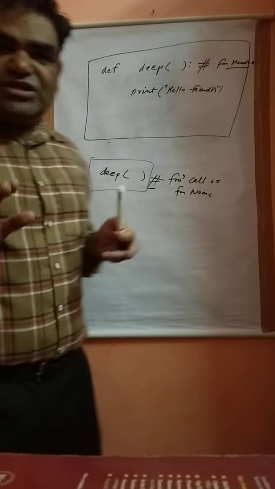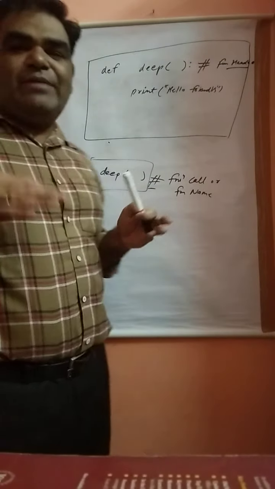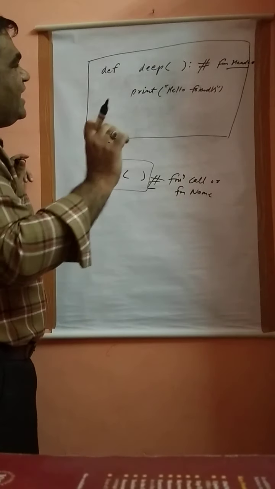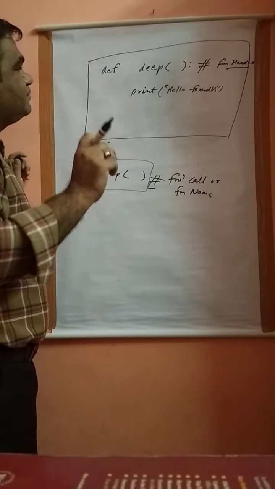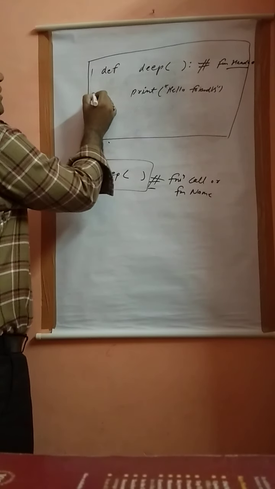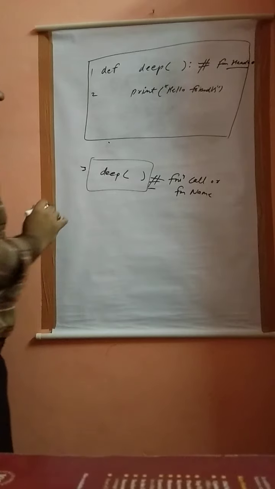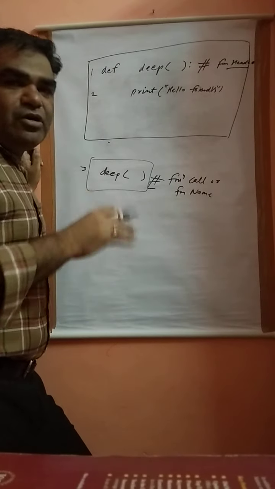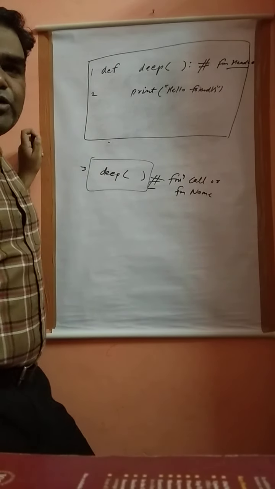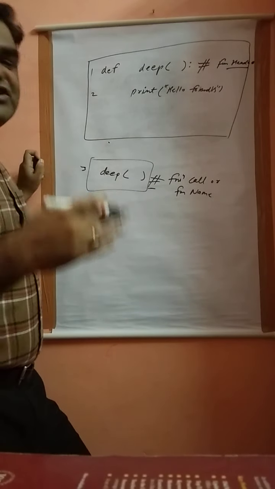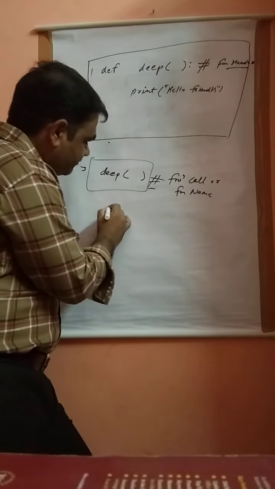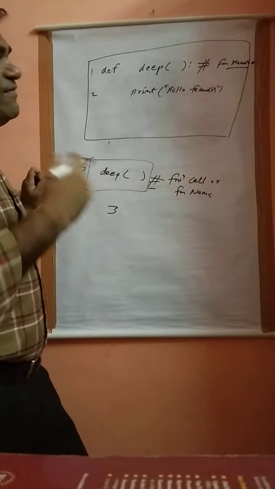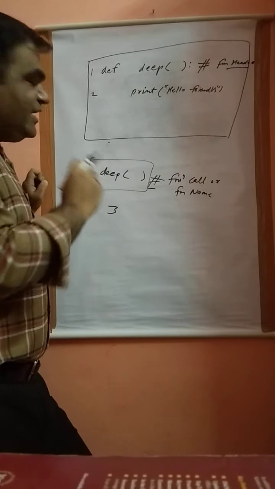So now I am going to tell you about the program execution in functions. Before starting this, I write the numbers in front of the lines. So I write here 1, this one 2, and this one is 3. And remember one thing, the execution of a program in functions always starts with the function call or function name. So our control is directly transferred to the function call. It will print the 3, and after that control is directly transferred to the function definition, and it will check whether the names are the same or not.